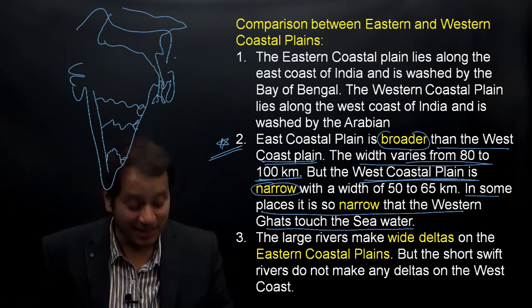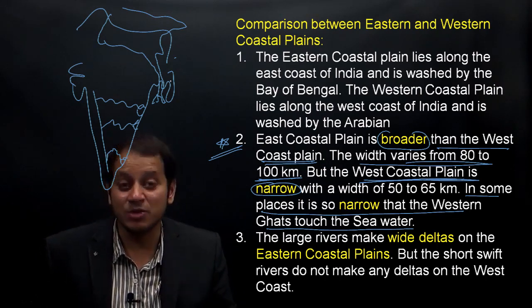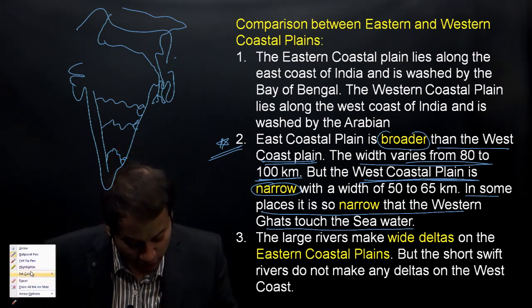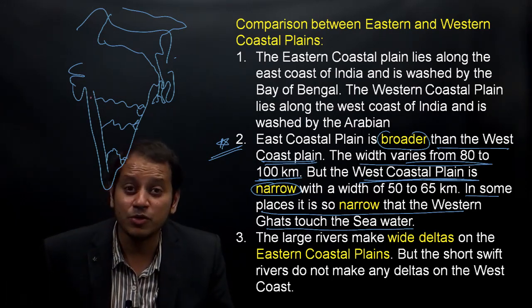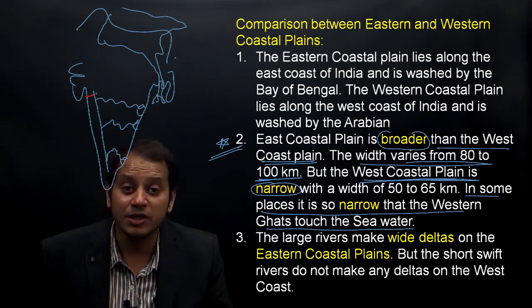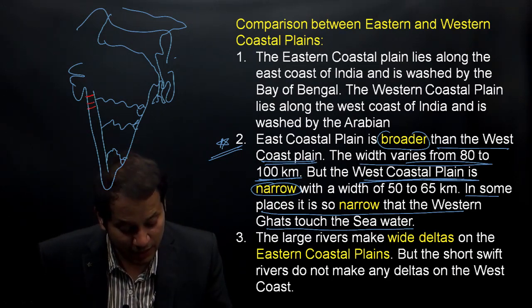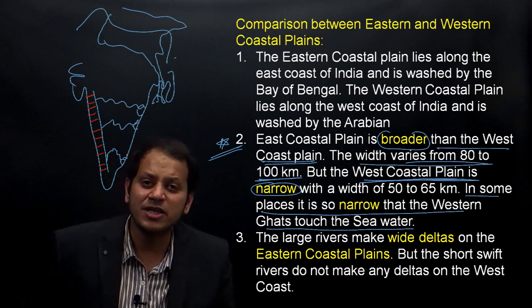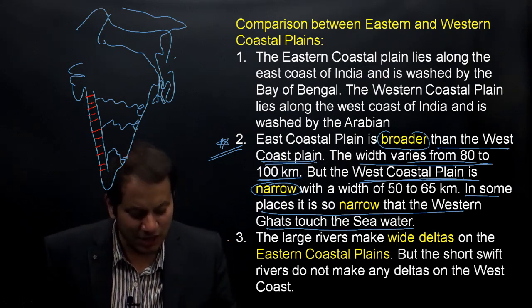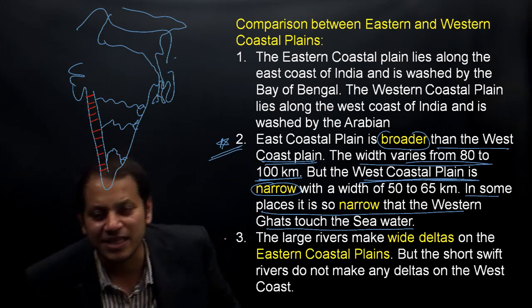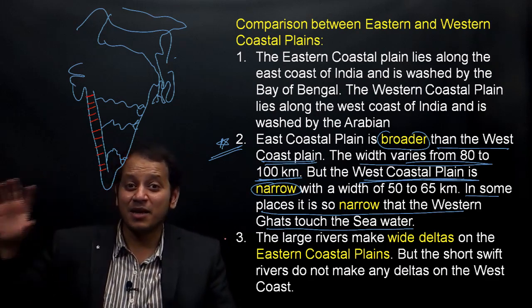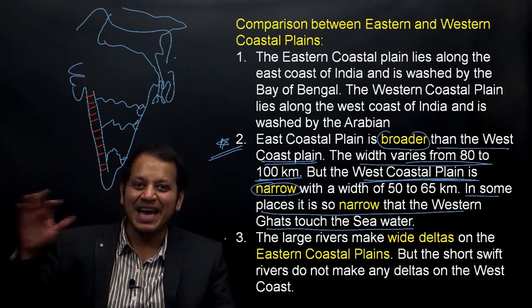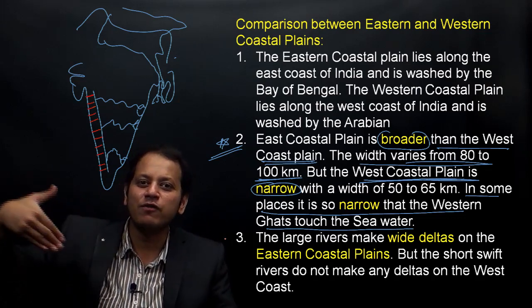On the other hand, if you remember a parallel drainage system in geomorphology, the western coast of India has numerous rivers which originate on the western side of the Western Ghats and quickly enter the sea, forming a parallel drainage system, and because they flow for a very small distance, they do not form delta. Also, because they flow through the rockier regions, they do not form the delta. Why? Because for the formation of delta, remember, large volume of a river, large sediment supply, and therefore a long flow of a river is needed.